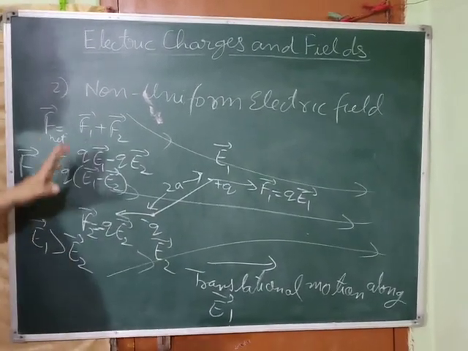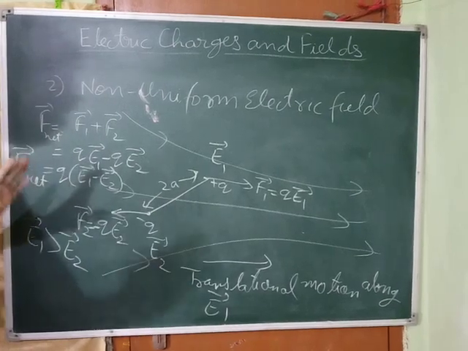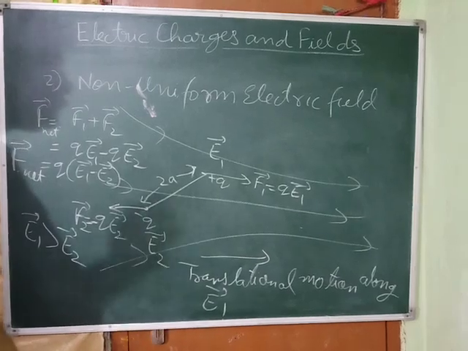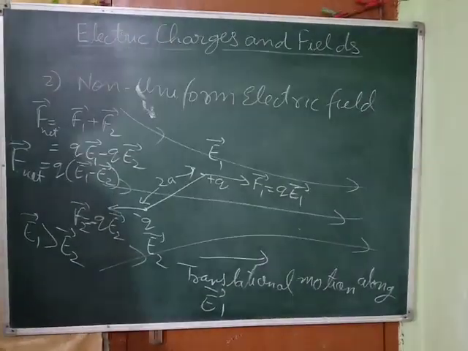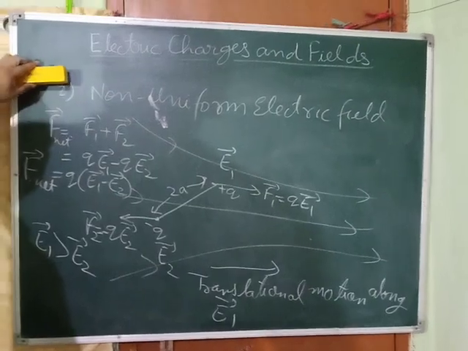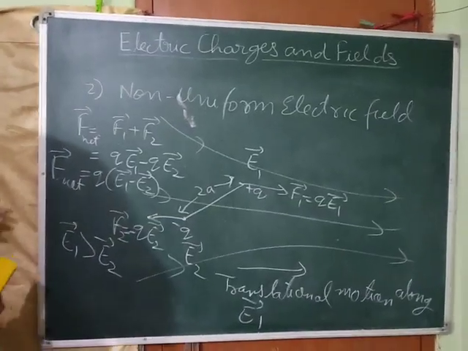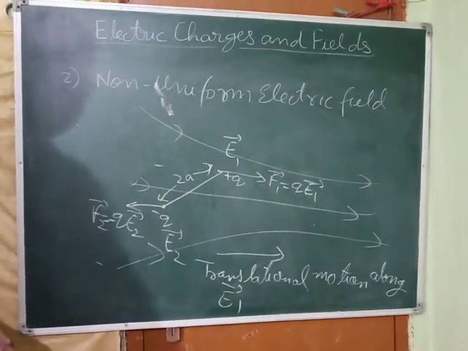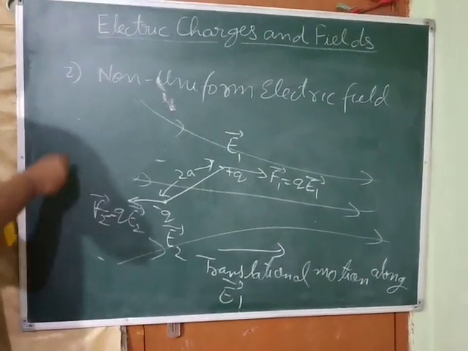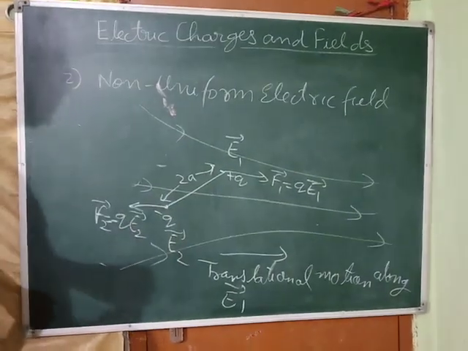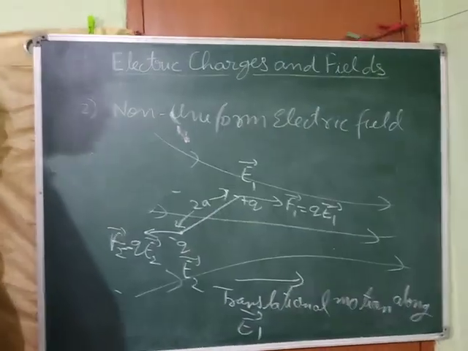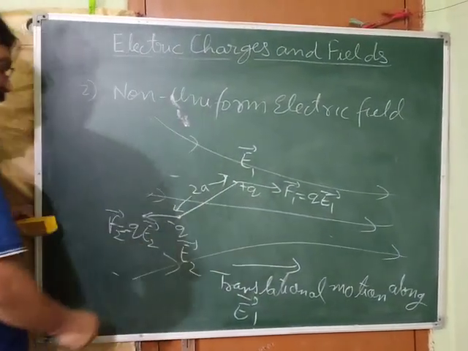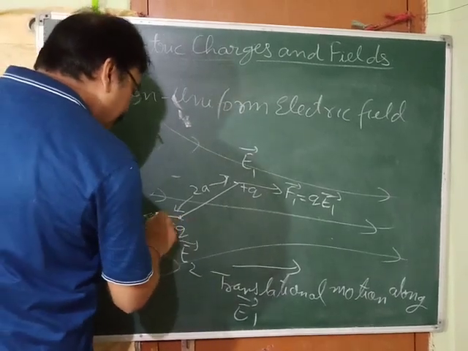First part. So it is not in translational equilibrium. A net force is acting on it. That's why it is going to translate in that direction. First thing. Second thing. What about the rotational part? Let's see. I'm going to rub this. Opposite forces are acting, so what will happen? Sorry, not equal. Opposite forces are acting. So obviously there will be torque. Okay. But in this case, how do we find the torque? See, for this, what we have to do? We have to divide it into two parts.